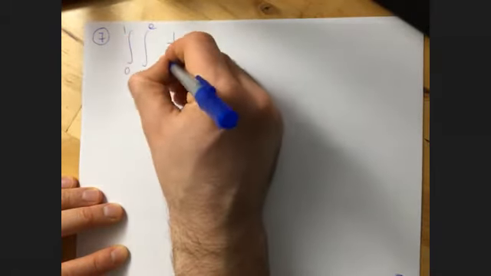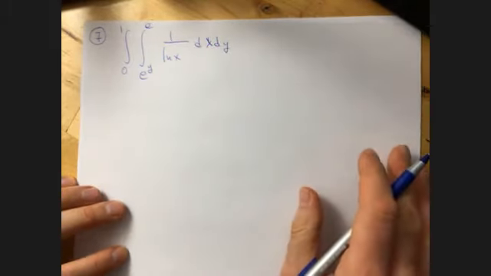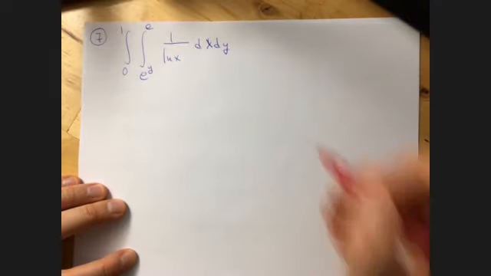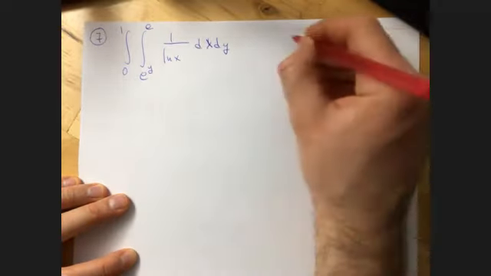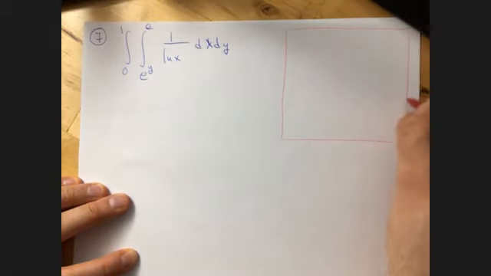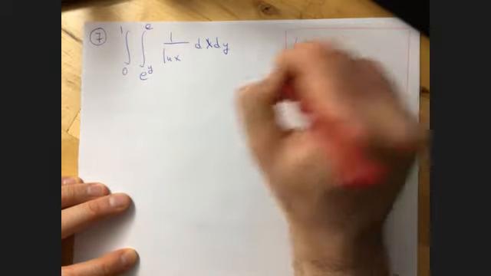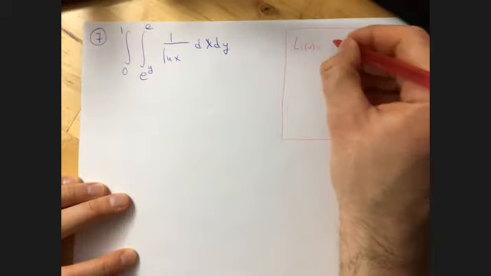So let's do this interesting integral here. The integral from 0 to 1, and from e to the power y to e, of 1 over ln of x dx dy. Now, if there is anyone interested in mathematics, moreover interested in number theory, maybe you will know this function here, which is called the logarithmic integral, defined as the integral from 0